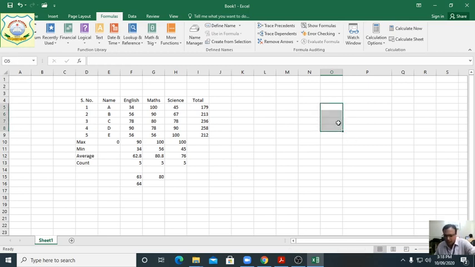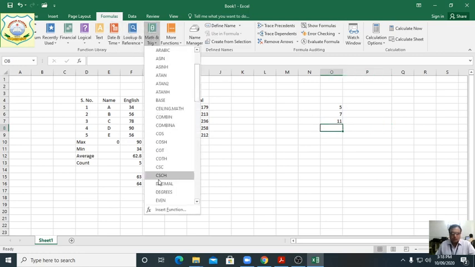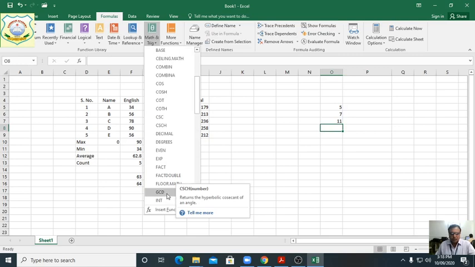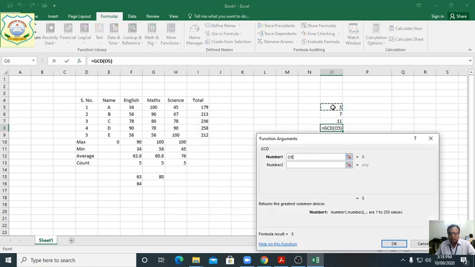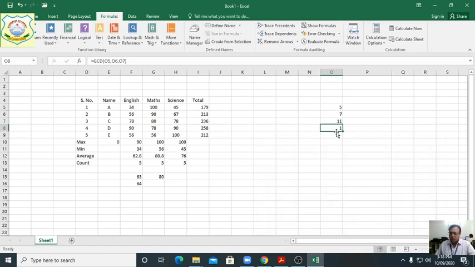Any other numbers we are taking, suppose prime numbers we are taking 5, 7 and this one is 11. We can see here when you want to find a GCD, yes, GCD. Now select here, click here and then this one and OK. See here, only 1 will come. We know that prime numbers are all different, so only 1 will come. And suppose you want to find the LCM, you will do the same process.